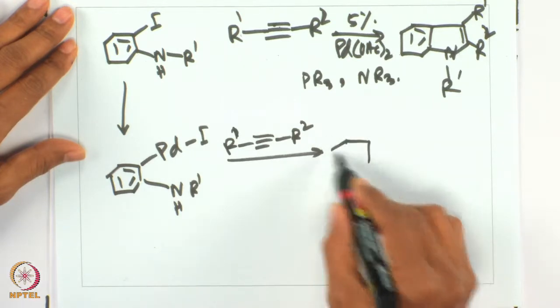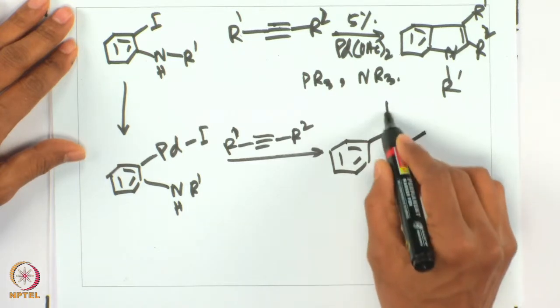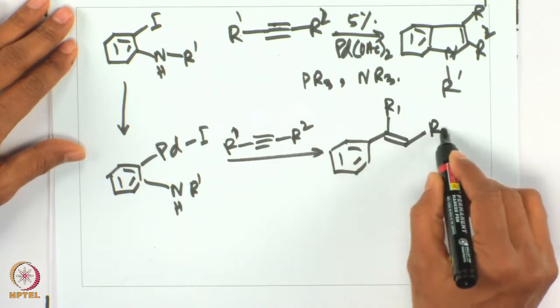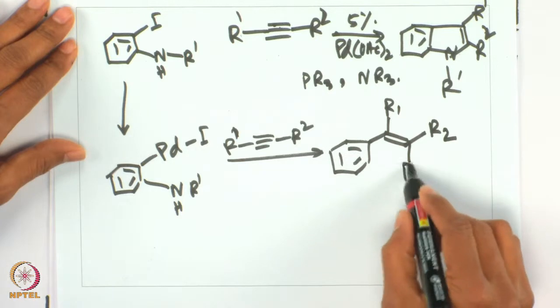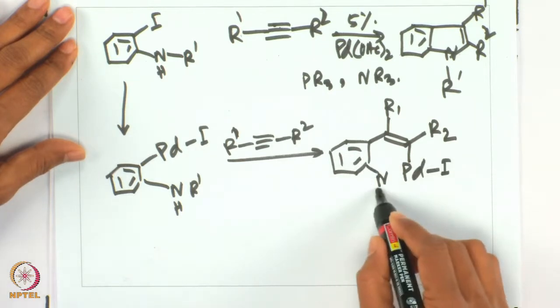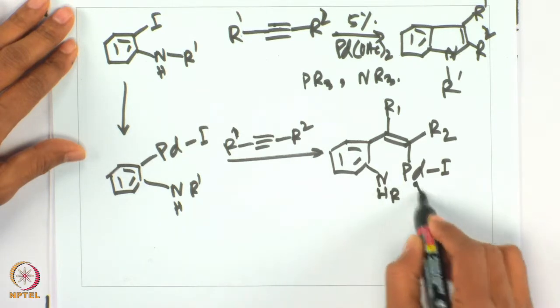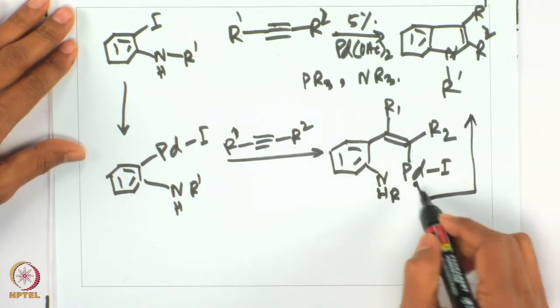So, the migratory insertion will give rise to this intermediate where R1 and R2 are placed in a position before the final bond formation step. So, here we do have the beta hydride elimination from here on to give you the